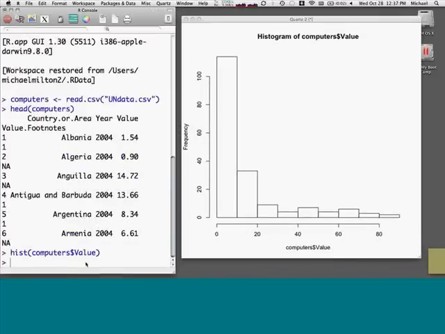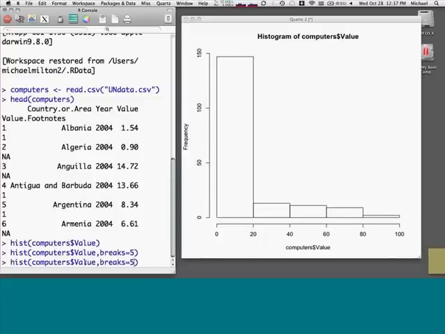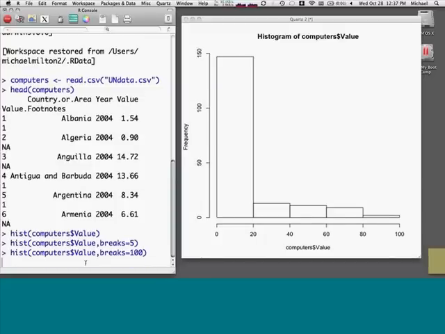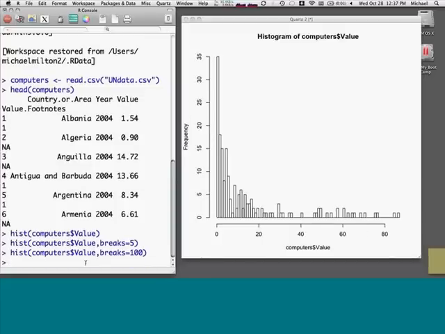Just like with Excel, R tried to guess the number of bins I wanted to use, but if I wanted to specify my own bins, I could say, let's make 5 bins. It could do that very easily. I could make 100 bins. No problem. R is just very well prepared to do this kind of work. And if I want to create bins of different sizes that are not all equally spaced, that's also very easy to do in R. So you can see how quick and easy it is once you know 3 or 4 commands to create histograms in R.